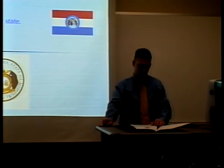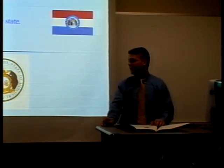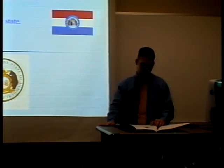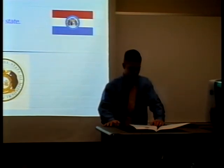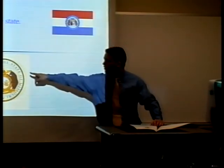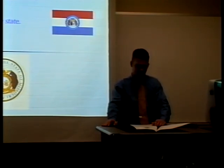The two grizzly bears on either side of the shield symbolize the state's strength and its citizens' bravery. The bears stand atop the scroll bearing the state motto, "Let the welfare of the people be the supreme law." And below this scroll are the Roman numerals for 1820, which was the year that Missouri began its functions as a state. The helmet on top of the shield represents state sovereignty, and the large star on top